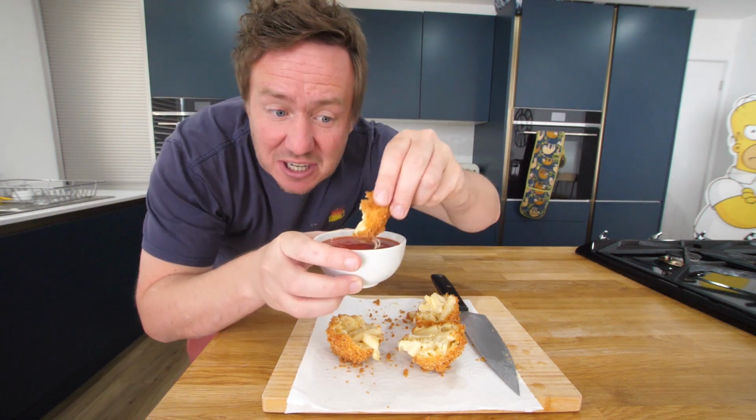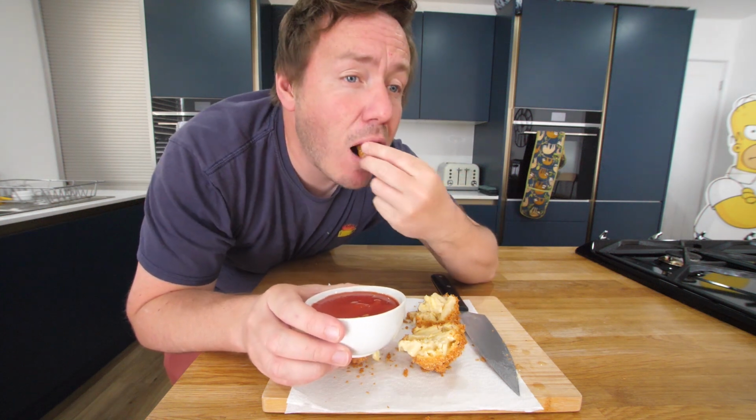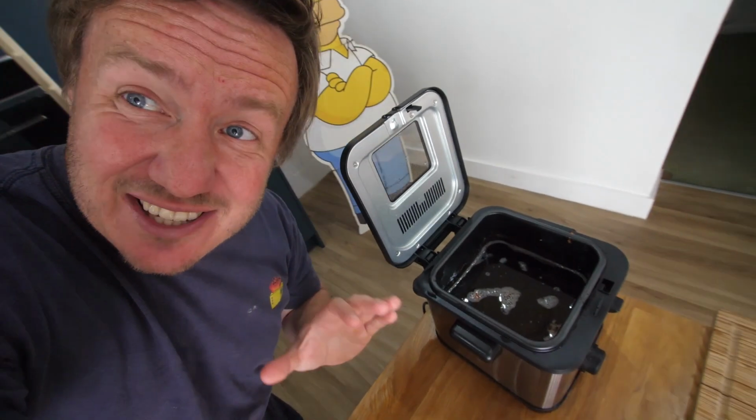Apparently it's nice to dunk it in a bit of marinara sauce, which I just happen to have lying around, as you do. What I love though, apart from the mac and cheese trying to fall out, is the neatness of it. The basket, which I've just put over here, has minimal cleaning on there, it's all held together. And the oil itself isn't that dirty. There's a little bit of speckles from the crumb that's come off as it's cooked. But once it's cooled a little bit, I can pour it through a sieve, back in there,